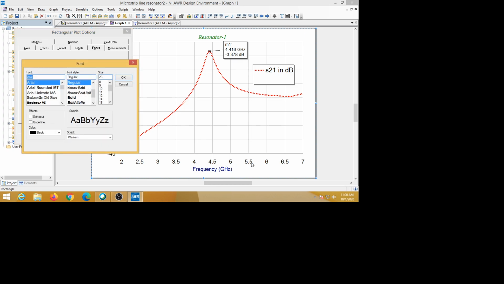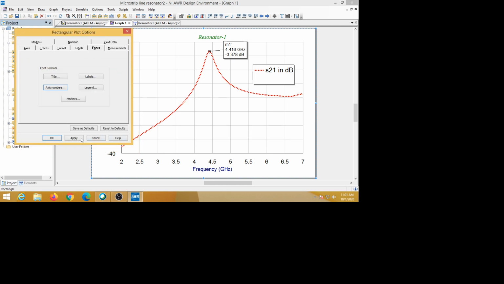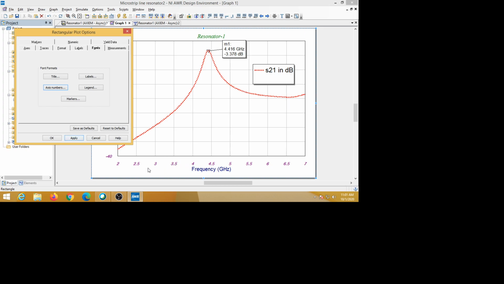Okay, similarly you can change axis numbers. Axis number means this is the axis number. That axis number color also you can change. For example, now I'm using some purple color, this is a purple color. And the font also you can change here, something like 16 here. Okay, and it is Arial. Okay, so bold oblique, for example, anything you can choose, okay and apply. So that came here. Now you see, this is the purple color I have chosen, and bold and oblique came here. So like that you can change these axis numbers also.